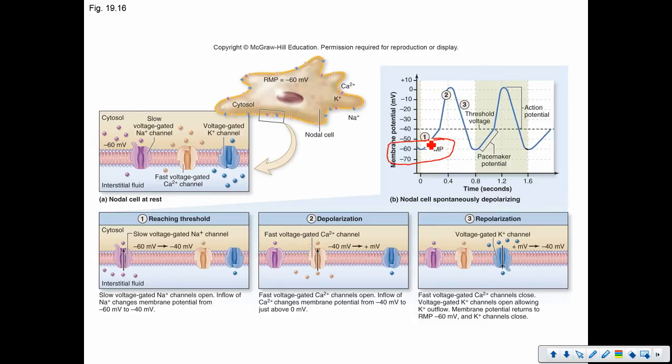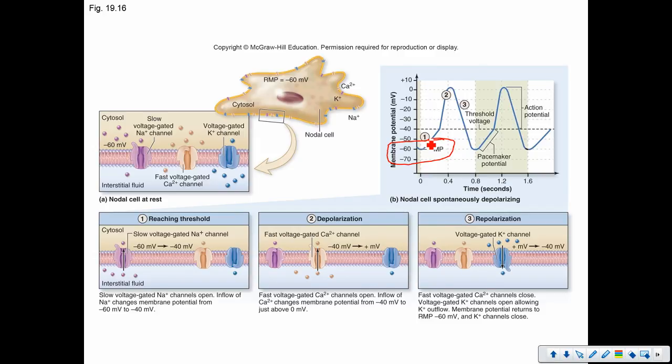Does that make sense? So when the cell is at rest, the membrane is separating an environment that is 60 millivolts more negative inside the cell than outside the cell. So when the cell is not doing anything, there's 60 millivolts difference between the inside and the outside of the cell. Does that make sense? So when the cell is at rest, it is more negative on the inside. But that changes very quickly because